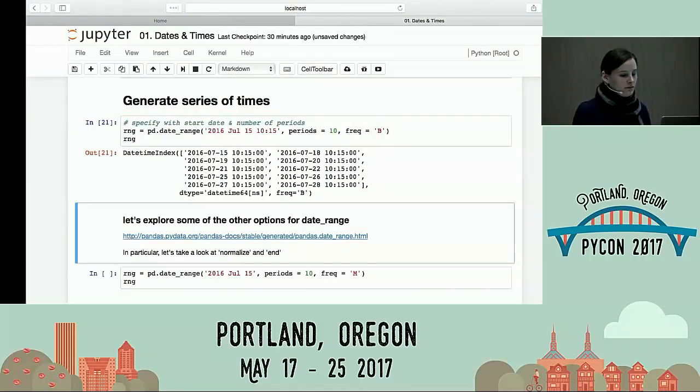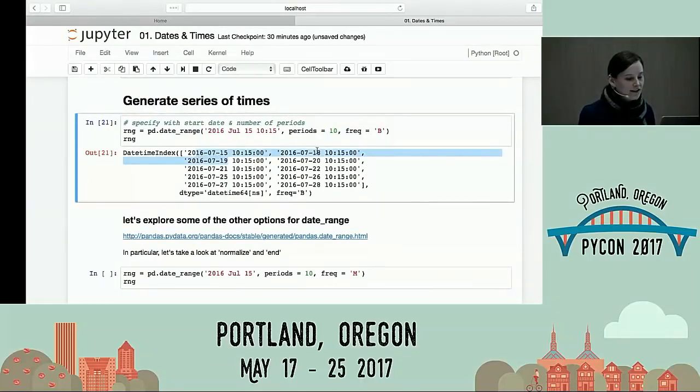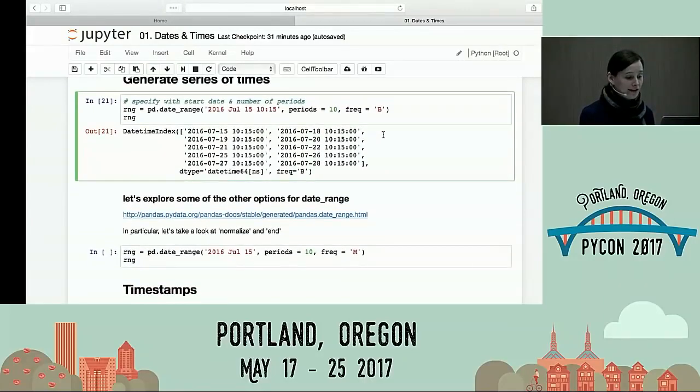What's this one? Put in a B. Bi-weekly? Well, I went from 7/15, 2016 to 7/18, 2016. So I didn't skip a week. 7/19. Weekdays, business days, exactly. So it's got a lot of functionality to deal with business-related things. You can define a custom business calendar. You can use a standard business calendar. So you can do things that will match the stock market, or maybe match your company if your company only does Monday to Friday, et cetera.